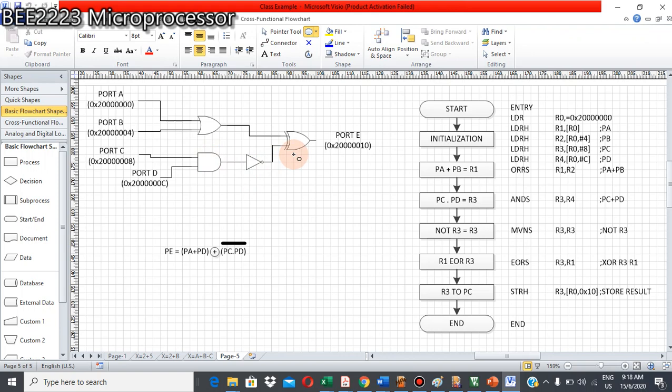Okay, in this example, I assume that port A is connected to address 2000.0000, port B address 2000.0004, port C 8, port D C, and port E 2000.0010. Okay, first thing first, in solving this problem, it is better for us to come out with our Boolean